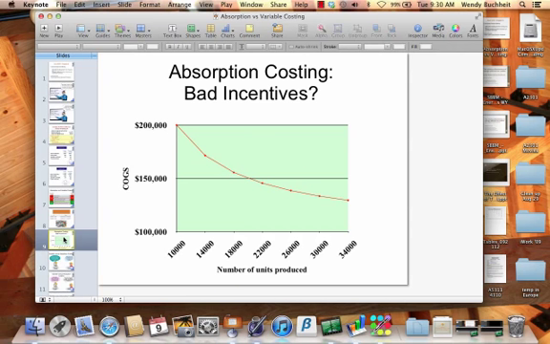That's the big complaint against absorption costing. It produces bad incentives, right? You just can make a whole bunch of stuff, and if you want to jack up your income, making a bunch of stuff spreads your fixed cost over more units. That cost does not get expensed until you sell the units. All right. So what's better,